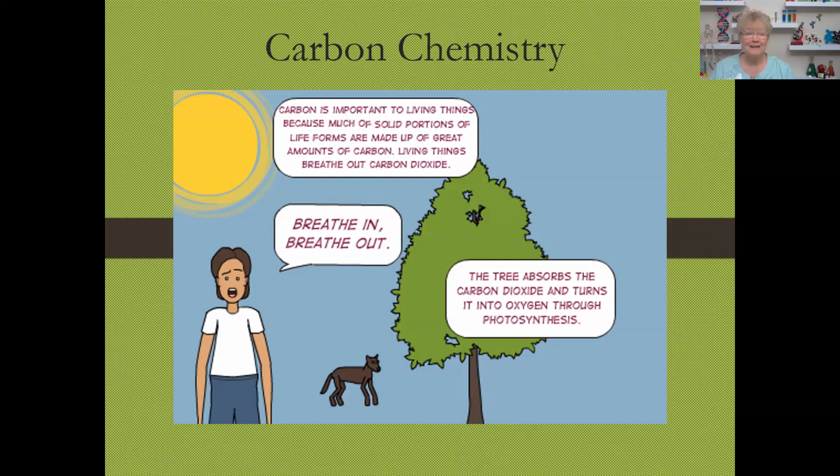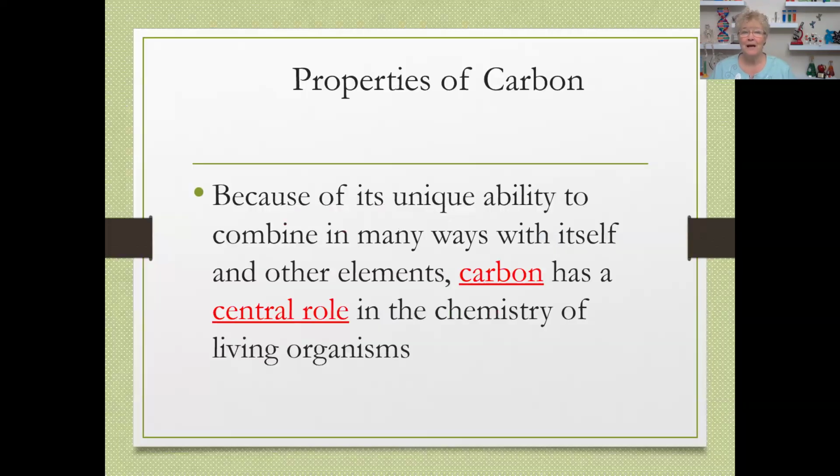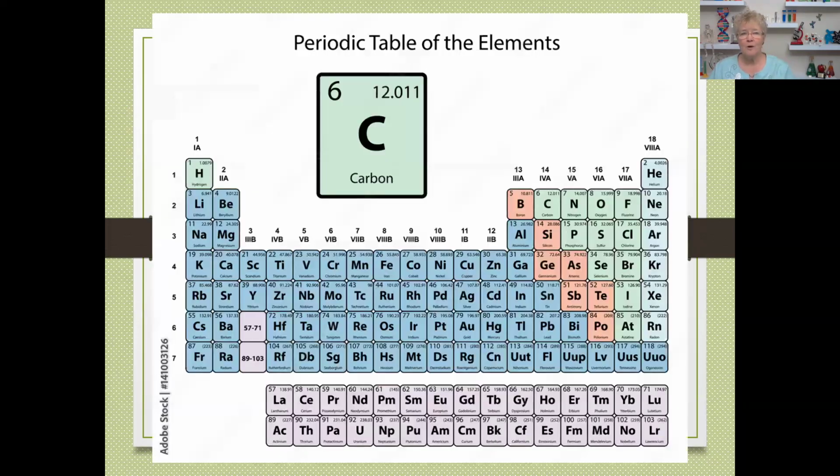All right, anybody have any questions about anything that we just did? Anything that we reviewed? Hopefully that was a helpful review as we move into talking about carbon chemistry. Carbon chemistry is really important because of all the ways that it can bond. So take a look at carbon here on the periodic table. Here's carbon right here. We've blown it up so it's big. So what is the atomic number of carbon?